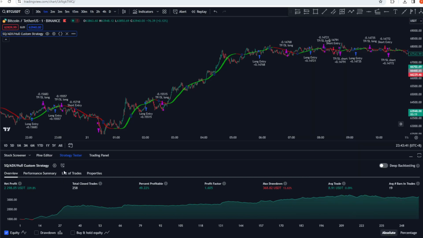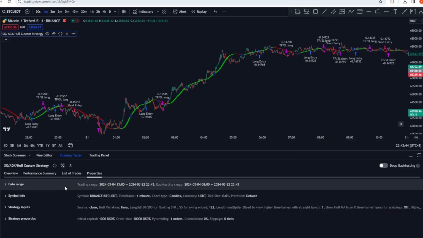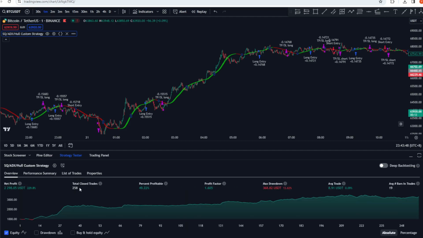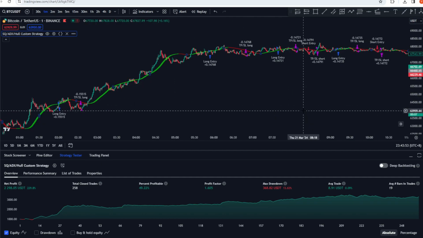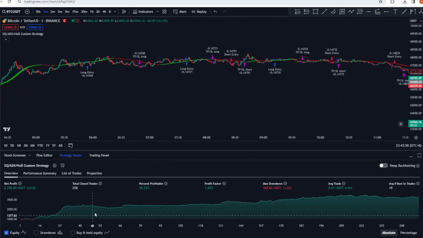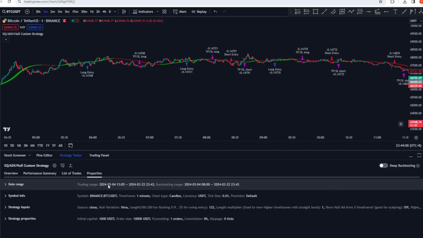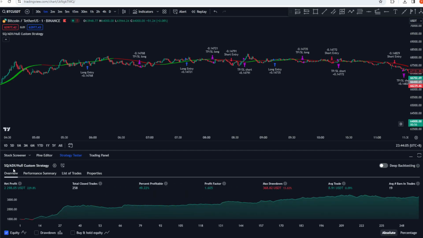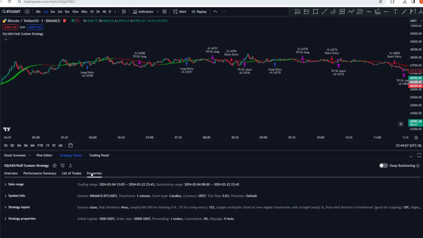So for this, we can look at the properties. The properties will give us the range that we are trading. So the 258 trades, since it's taken on the 1 minute time frame, it means that there's actually a lot of trades that is taken. So if we look at the strategy tester, it's been trading since the 4th of March to 22nd of March, and for a 1k account, you're able to make 2.3k dollars, which is pretty amazing. You're able to almost more than triple your account in the span of 18 days,